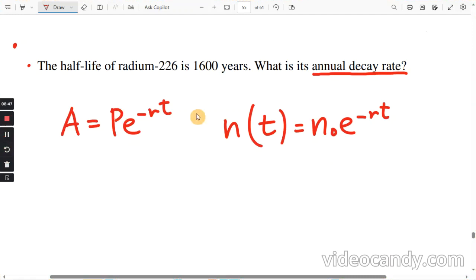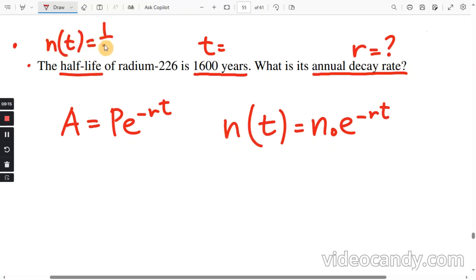All right, so there's not much given here. It says the half-life is 1,600 years. So that has to be your time T. And the decay rate is going to be your rate R. Now, half-life means what? The ending value is half of the initial value, okay? Half of the original. So N of T